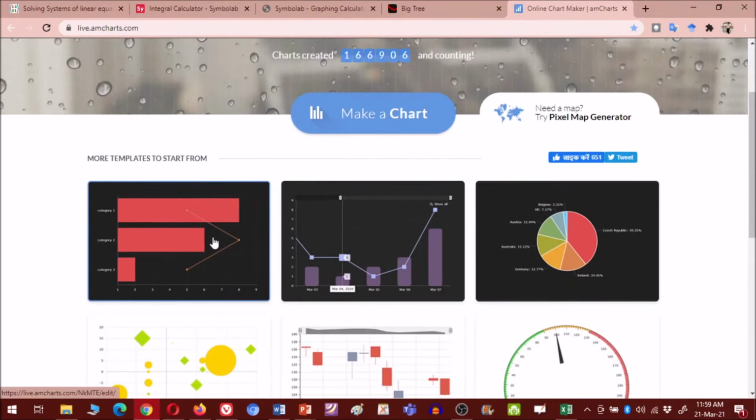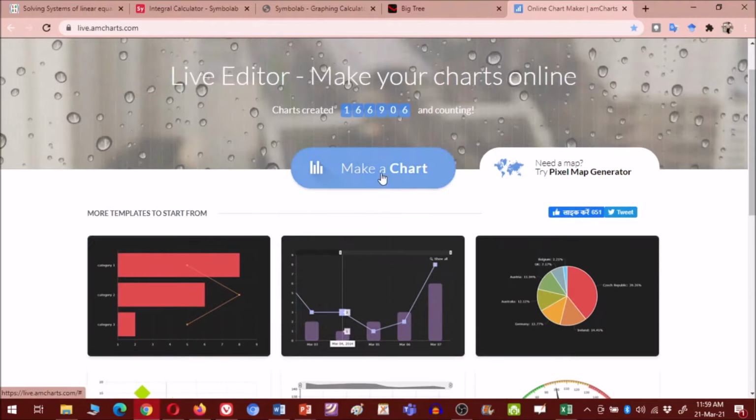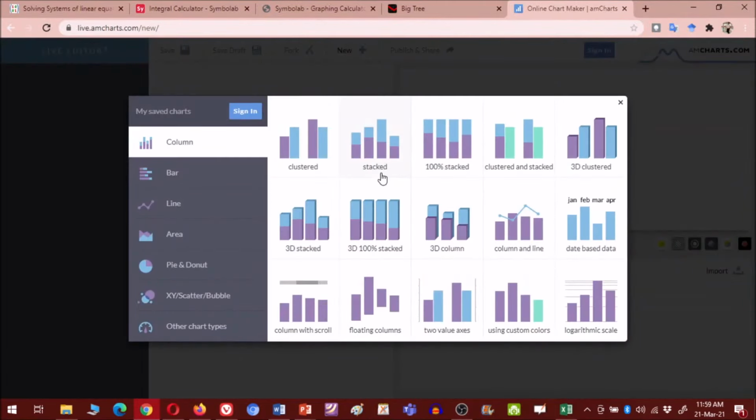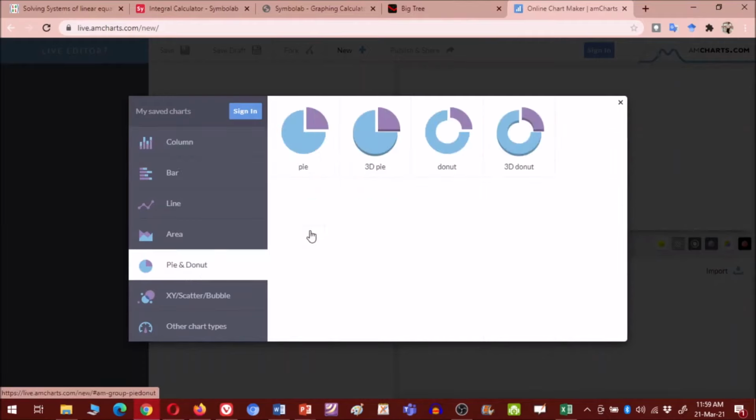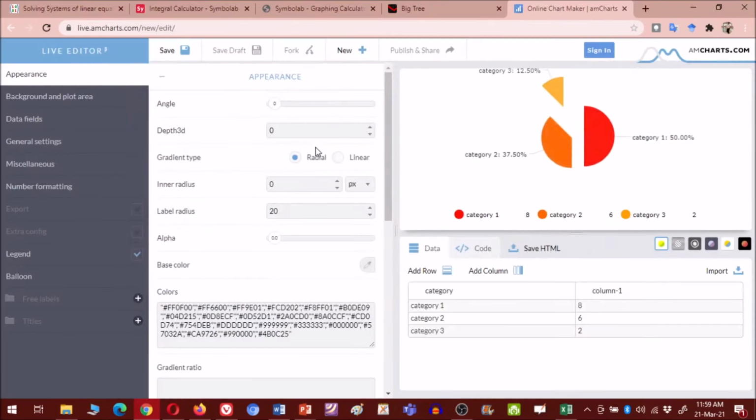As you can see, this is basically to analyze data. If you want to draw some pie chart, using this website you can create animated pie charts or bar graphs, anything like that. So let me first draw a pie chart. Okay, so this gives an animated pie chart, you can see.